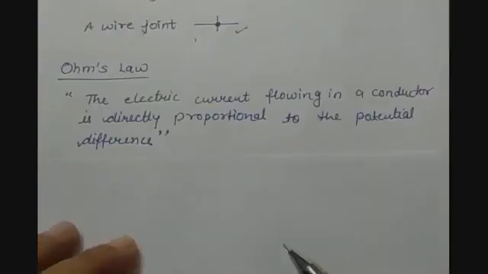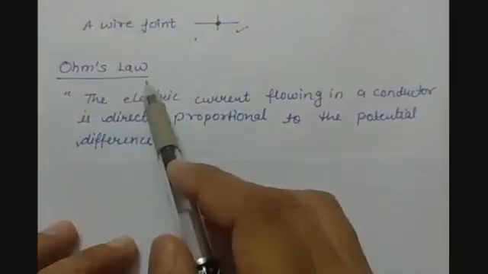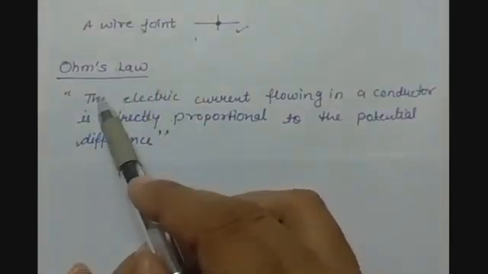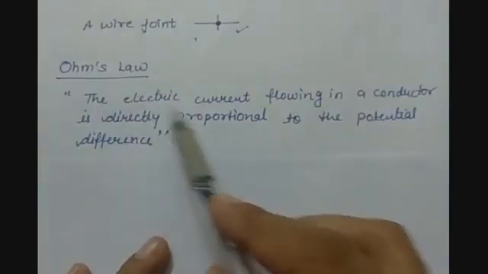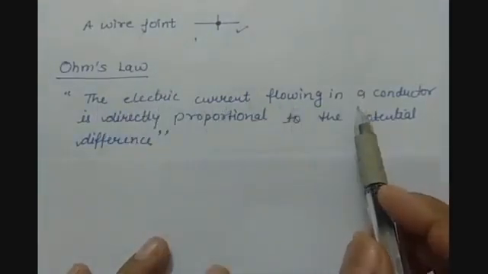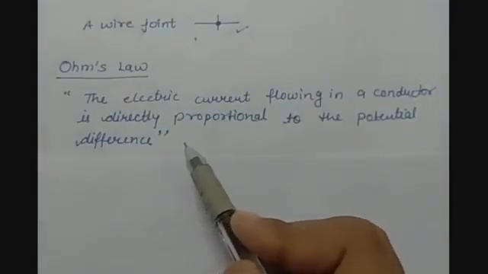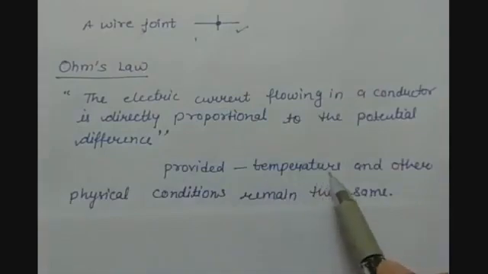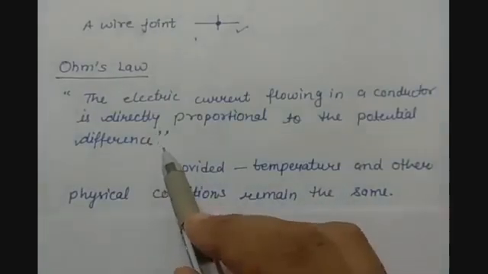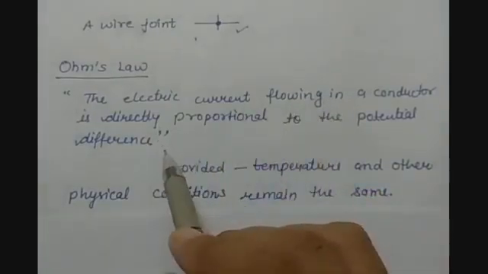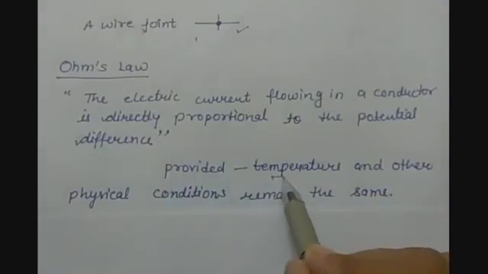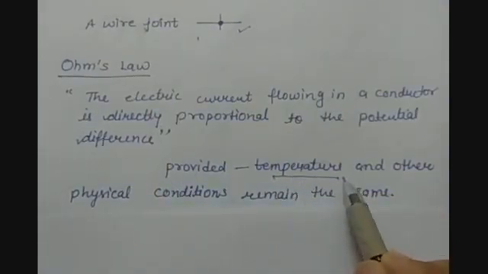Now let's begin with the next topic, that is Ohm's law. Ohm's law states that the electric current flowing in a conductor is directly proportional to the potential difference, provided that the temperature and other physical conditions remain the same. That means while studying the relation between the current and the potential difference, the temperature and other physical conditions should remain the same. And according to Ohm's law,